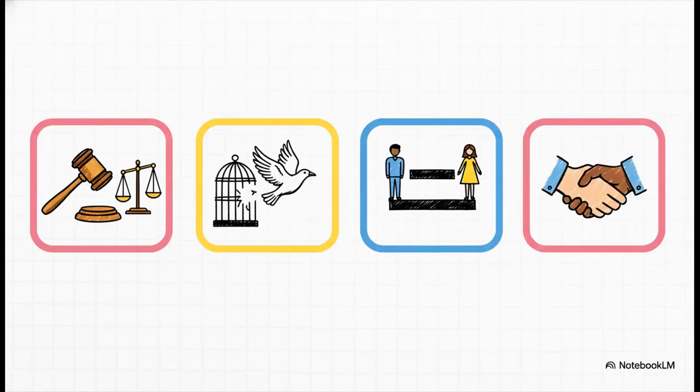But it doesn't stop there. It's not just about defining the nation. It's about what the nation promises you. And it makes 4 huge promises. Justice, so things are fair. Liberty, so you have freedom of thought and belief. Equality, so everyone gets a fair shot. And fraternity, which is all about promoting a sense of unity, of brotherhood.